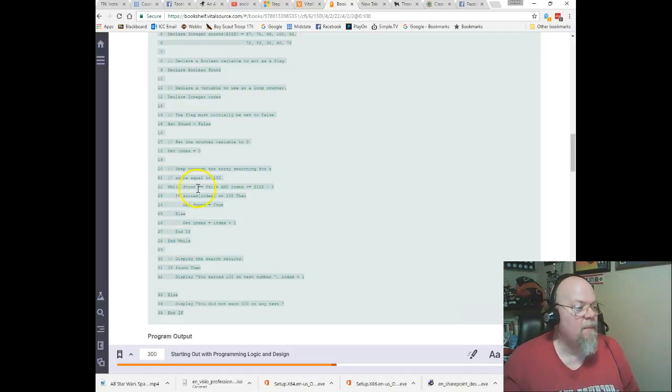Okay. We come back around. If score index, which is 2, so 0, 1, 2, which is 98, is that equal to 100? No, it's not. So we set index equal to index plus 1, which is now 3. We come back around and we say if score index, which is 0, 1, 2, 3, that is 100. Is 100 equal to 100? Yes, it is. Set found equal true. We come down here, we come up, while found equal false, it's now true, so we drop out of that loop. And we say if found, which found is true, then display you earned 100 on test number and index